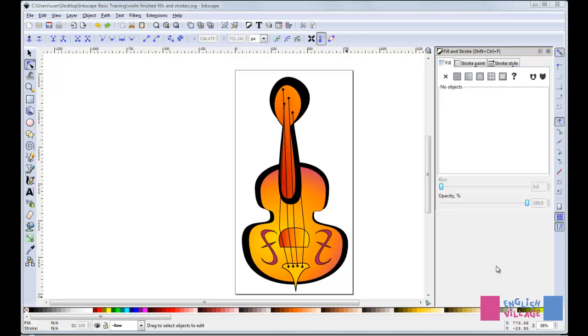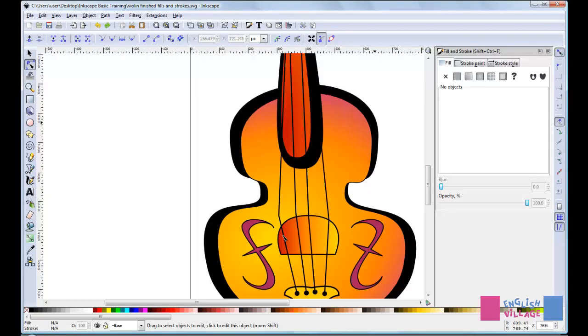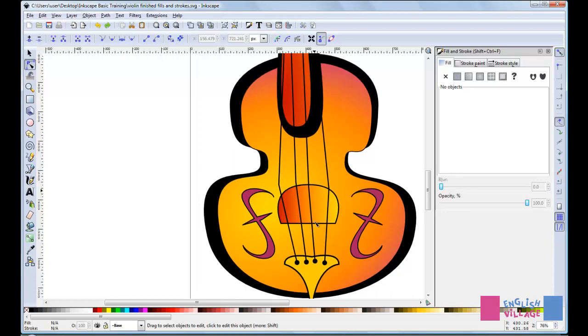In addition to being able to change the stroke and fill attributes of any kind of SVG object that you might have downloaded and opened in Inkscape, you can also very easily change the shape of the object as well. So I'm just going to zoom in on this bottom part of this violin here. And let's just say that I want a little bit more control over the shape of any of the objects